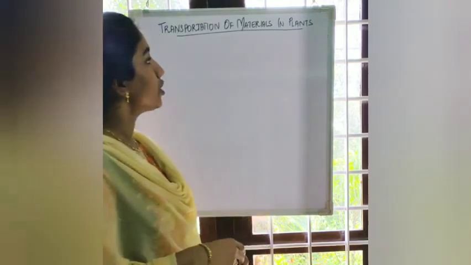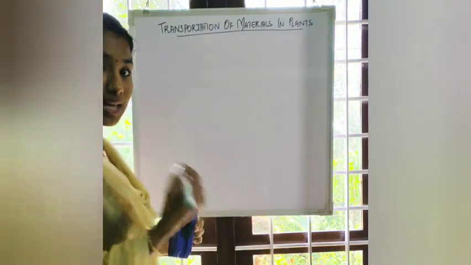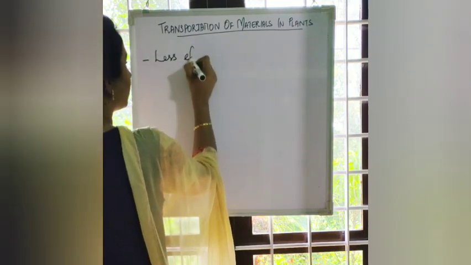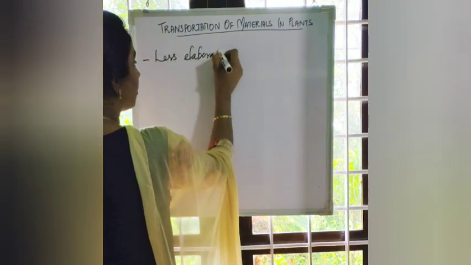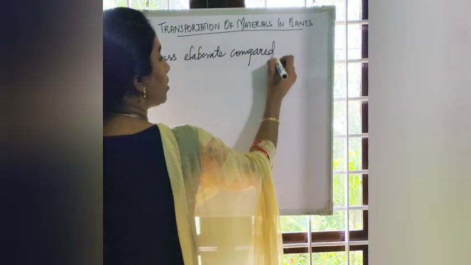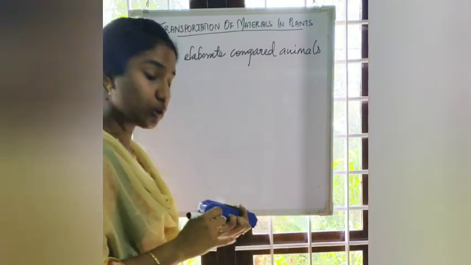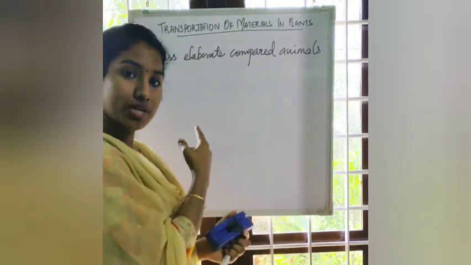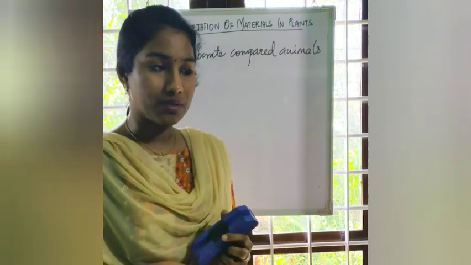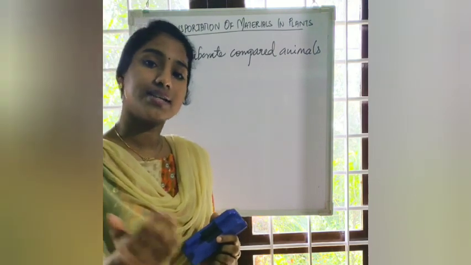Now, transportation of material in plants is less elaborate than in the case of animals. You have already studied transportation in animals, which includes circulation. So, transportation in plants is less elaborate than that in animals. Now, you may ask, how is it less elaborate, or what is the reason that it is less elaborate than